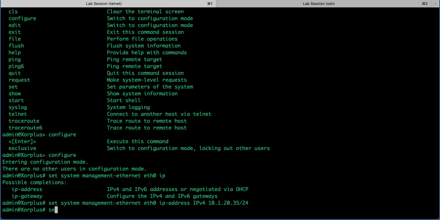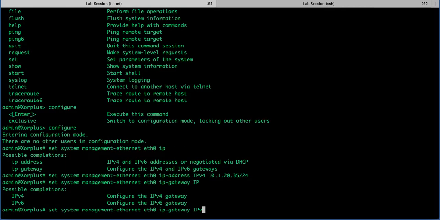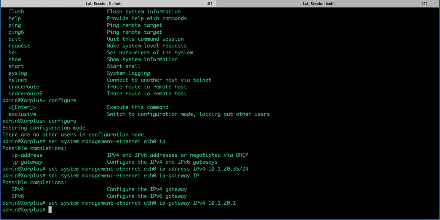Let me do that. Set system management Ethernet. Looks very similar, except here we're going to do IP gateway, IPv4. You see, I could do IPv6, 10.1.20.1. That's my default gateway. Now that I've run two commands, if I show my configuration,